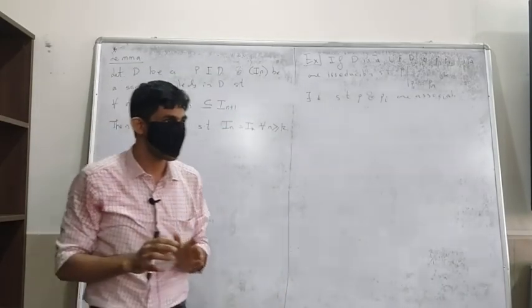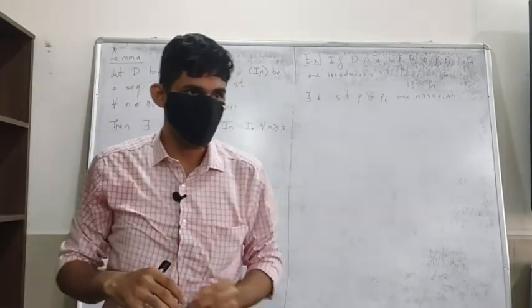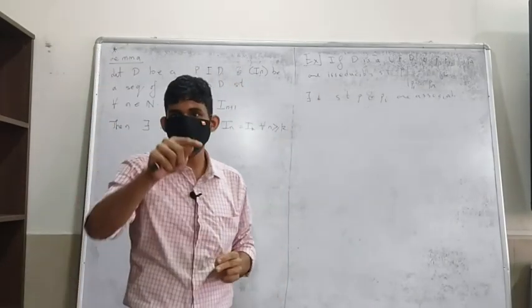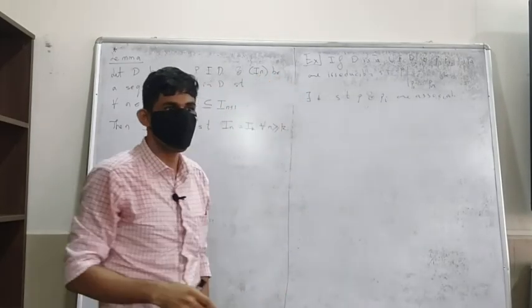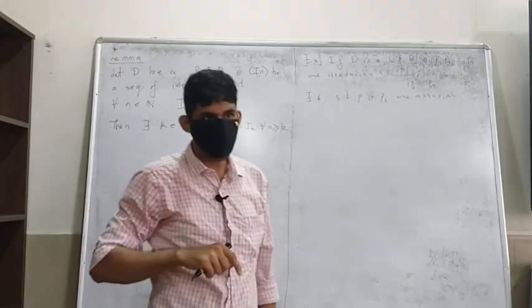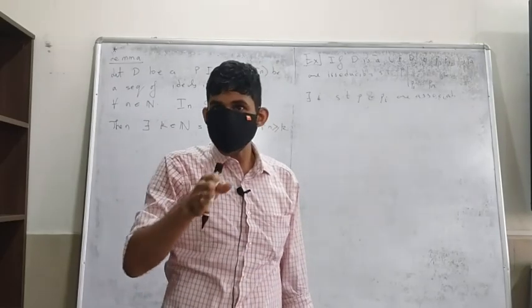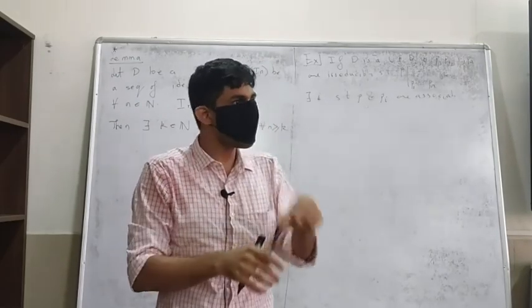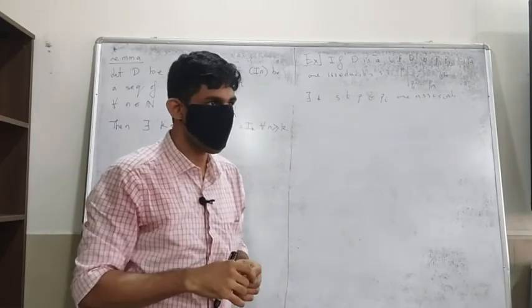That shows that it's an additive subgroup. Have you got it? Take two points A and B in the union. What do you mean by saying that an element is in the union? It should be in one of these. So A will be in some I_n, B will be in some I_m. If m is greater than n, then both A and B will be in I_m, because this is increasing.